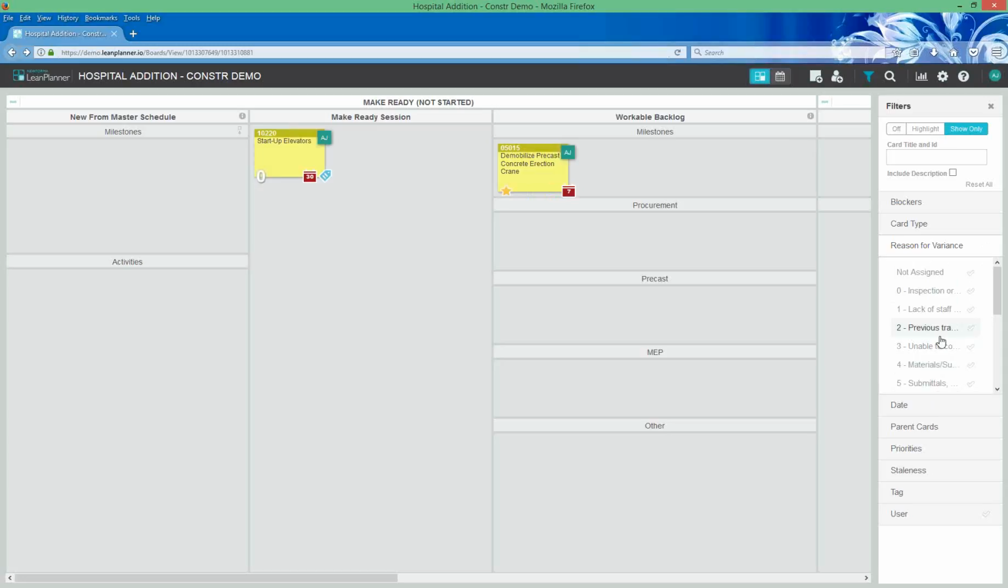What do I need visibility into? How should I be organizing my efforts and my energy over the next day, week, month, whatever it might be. But you can literally filter on any combination of data that is in a card.